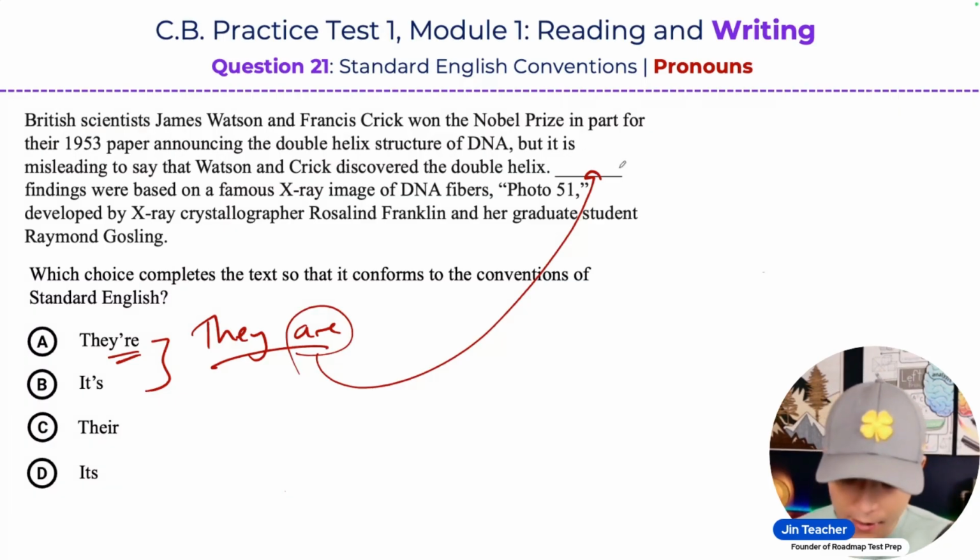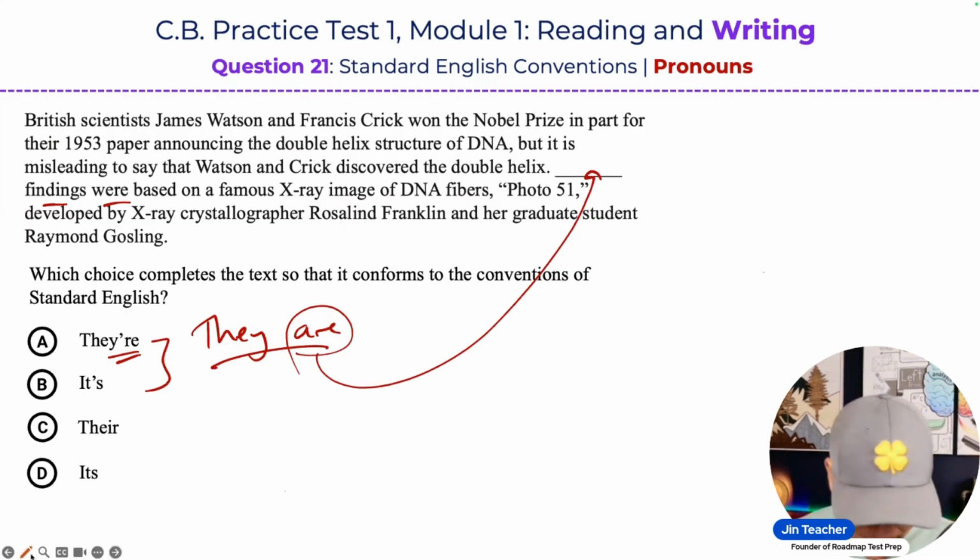They are findings were based on, right? So you can tell, you're like, they are findings were based on? You're like, that doesn't make any sense at all. It sounds absolutely ridiculous, right? And you'd be correct to say that it sounds ridiculous. That's how you know these contractions are not going to be right,